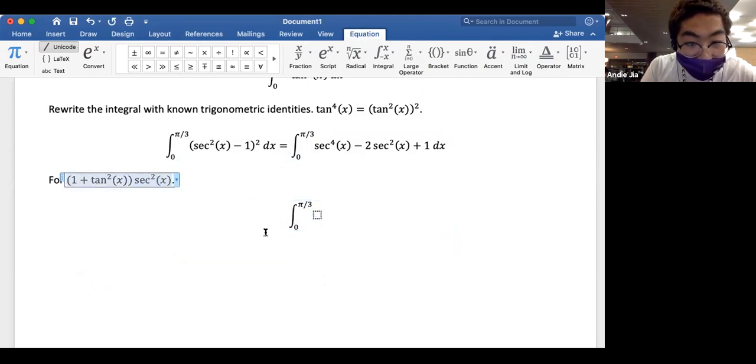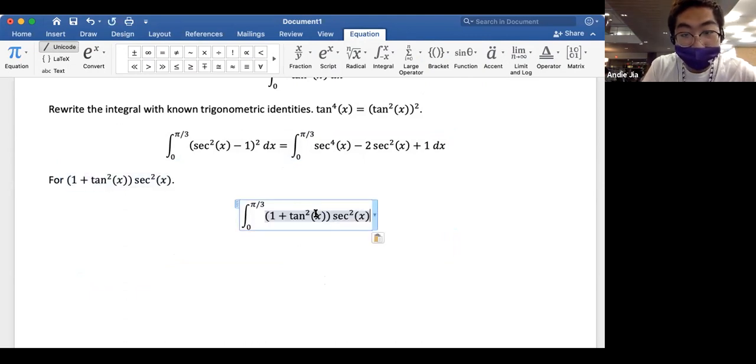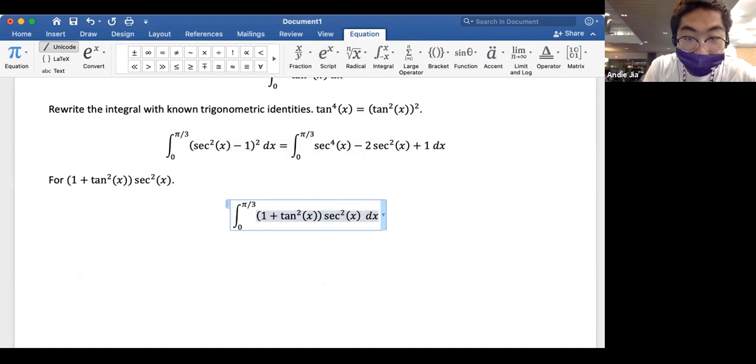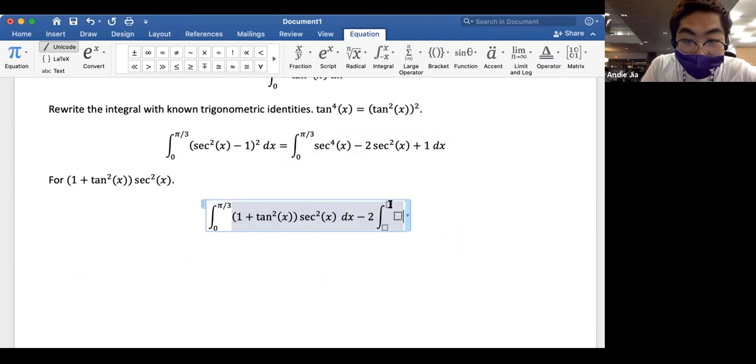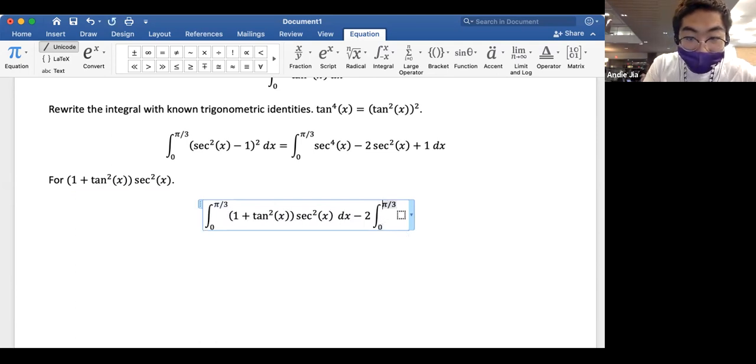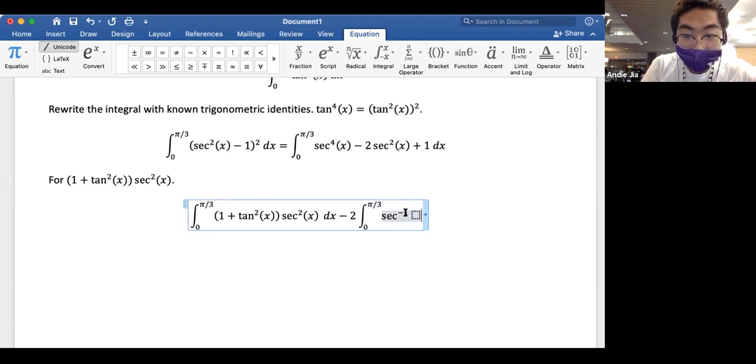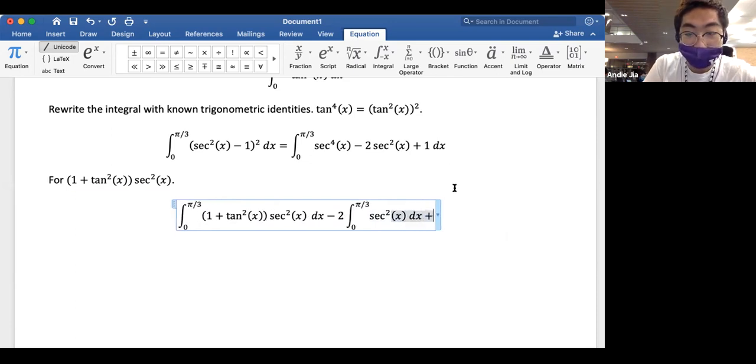I'm going to copy down this mess here, minus 2, this mess with bounds 0 and pi over 3, secant squared of x dx, plus